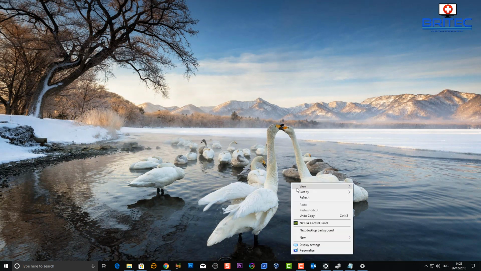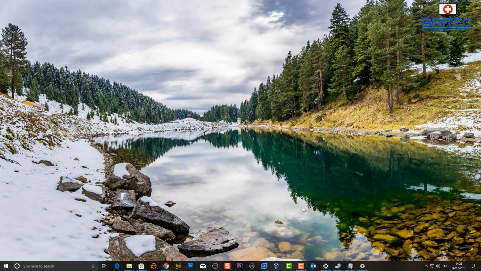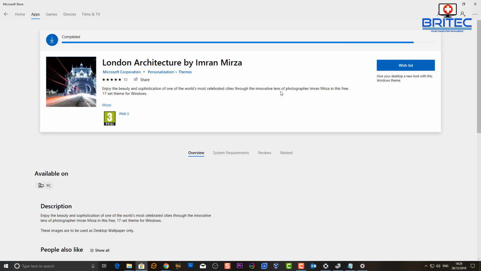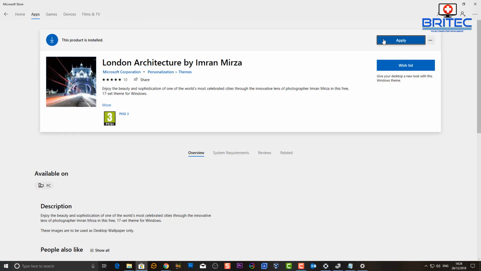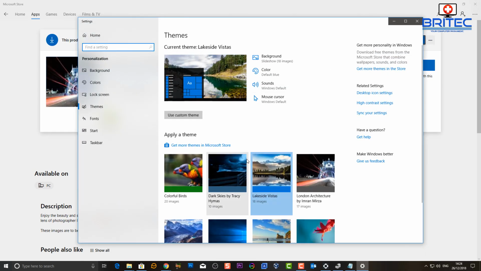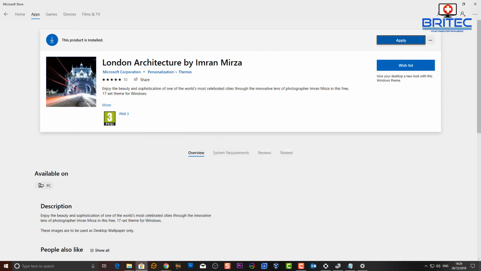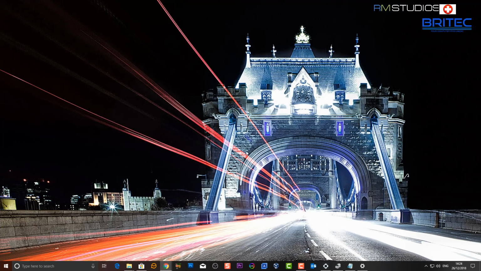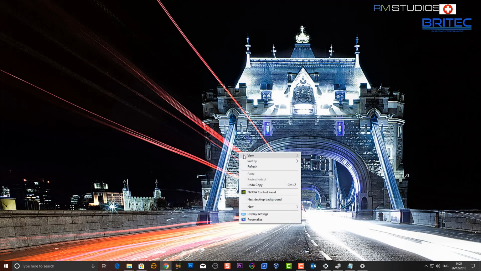Let me just quickly show you some other ones that I like as well. I'm not going to go through all of the images on every single theme pack because obviously we will be here all day. This is another one, London Architecture. And this one's pretty nice, and this is all about London, and if you click on it, it will tell you exactly how many images there are. I think there's 17 or something of London images,